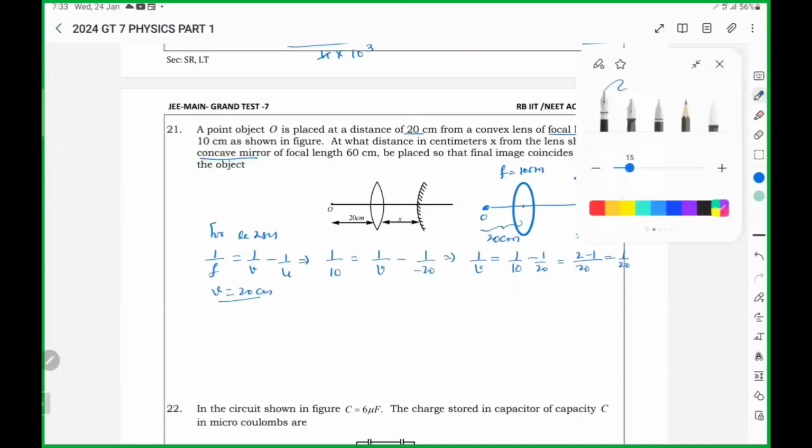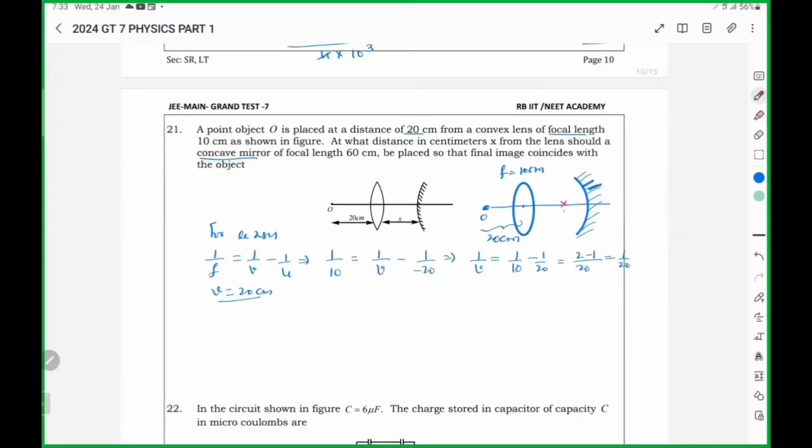That means the image is formed here at 20 centimeters. Or you can say, if the object is placed at 2 times focal, 2f distance, the image is also formed at 2f distance. Without simplifying all this, we can say. Now this image